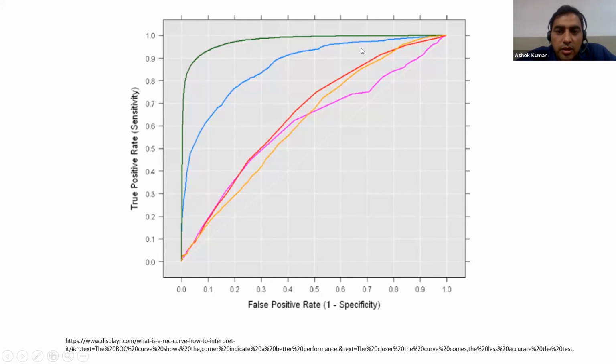Which is better? The green one is best, followed by purple, and then yellow, then this purple, this blue, and this red. For the green, the ROC area might be around 0.7 to 0.8.